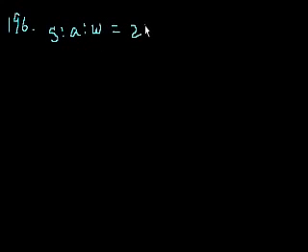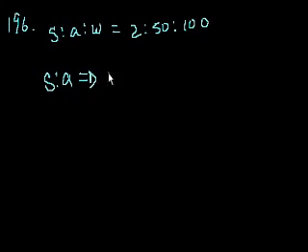Next problem. 196. The ratio by volume of soap to alcohol to water in a certain solution, so soap to alcohol to water is equal to 2 to 50 to 100. The solution will be altered so that the ratio of soap to alcohol is doubled, while the ratio of soap to water is halved. So soap to alcohol will be doubled,